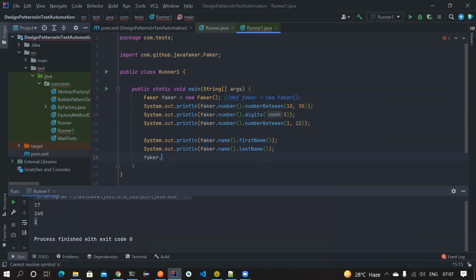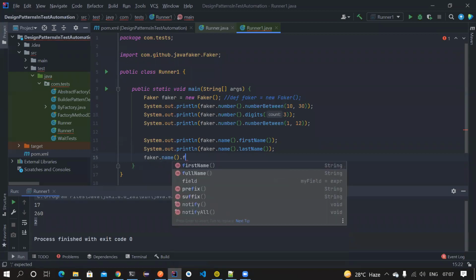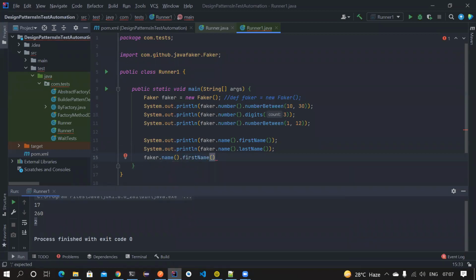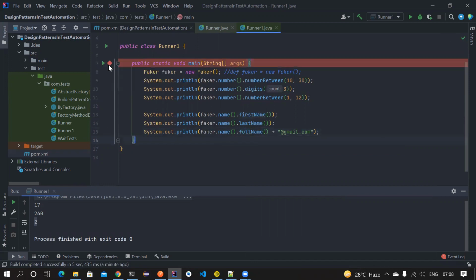I don't know whether there is a method to generate a random email, but we can do some tweaking. What I can do is generate a random full name, and then append @ some gmail.com, something like this, to generate a random Gmail. So this is the full name, I can use a full name. Now, if I run this,